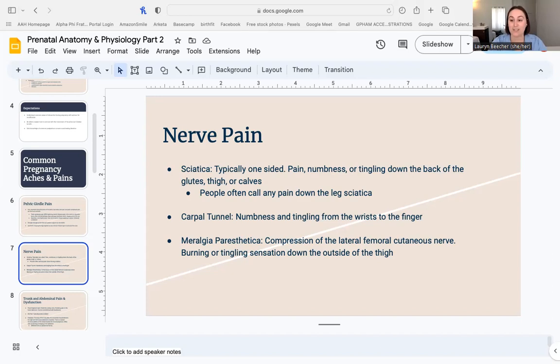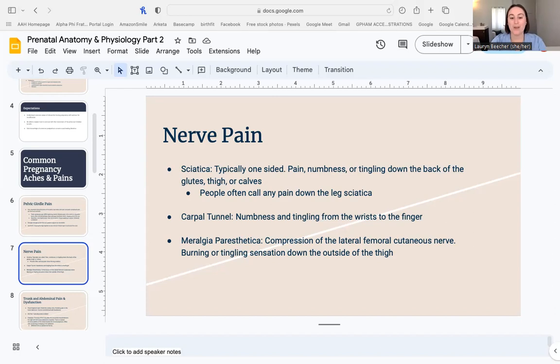Next, we have carpal tunnel. So something that many of us are familiar with, especially if you have ever been in a role where you do a lot of typing and maybe you didn't have the best ergonomic setup, the best setup at your desk. So the carpal tunnel, our carpals are the bones in our hand. So the carpal tunnel is referring to this little tunnel right in the area of the wrist. We have a nerve that runs through that area that is held in place by, again, a ligament and some connective tissue.